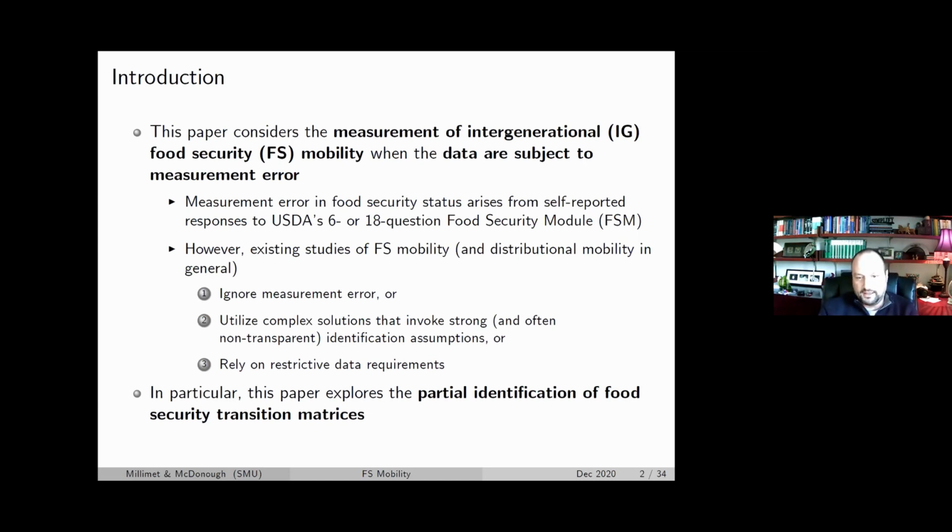But it is something that even when we're looking at income mobility or occupational mobility or health or things like this, if we're going to look at mobility, then certainly we should be worried about measurement error, especially when that measurement error can be non-classical, and it might be easy to confuse mobility with differential measurement error over time. In particular here, food security is not necessarily the exact same thing as just hunger.